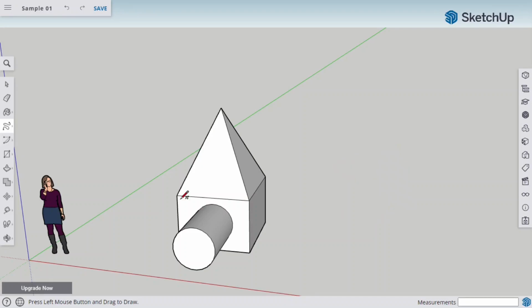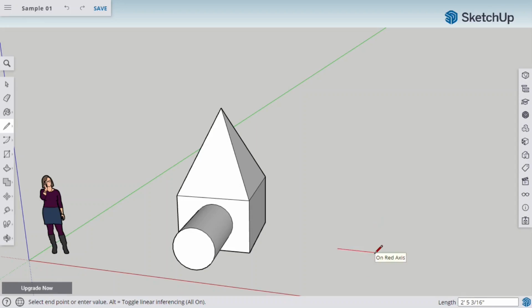This also works on the similar ground, but unlike freehand, you can give exact measurement to the line tool according to your need. You just need to left mouse click and leave the click button. Now, when I move my mouse, you can see that the line right now is of green color. This indicates that the line will be drawn in line with the green axis. Similarly, blue axis and red axis. And the black indicates that this is not in line with any of these axes.